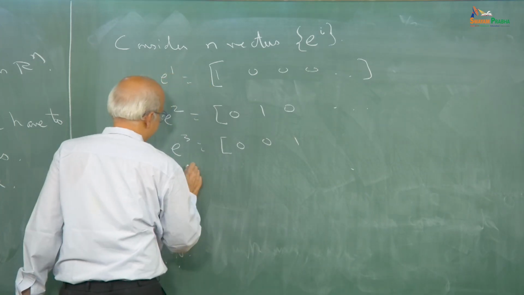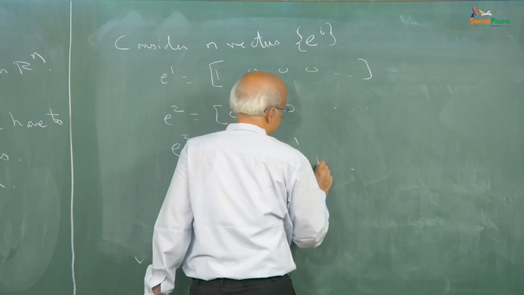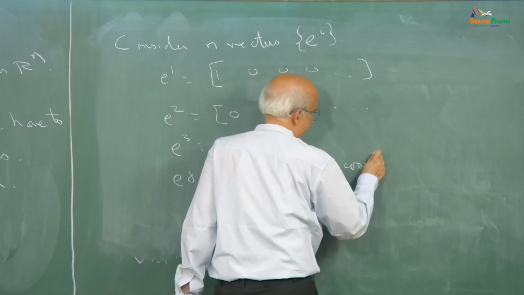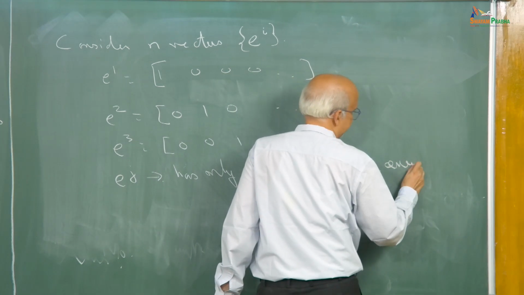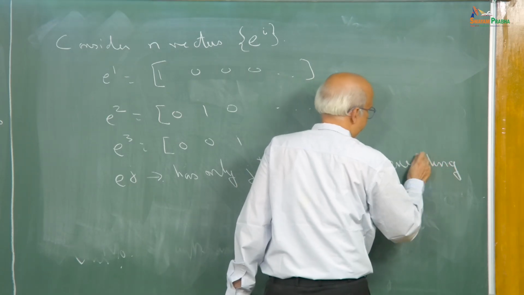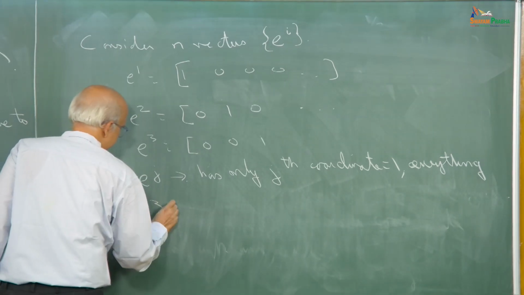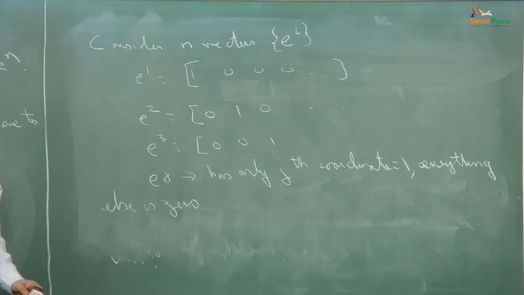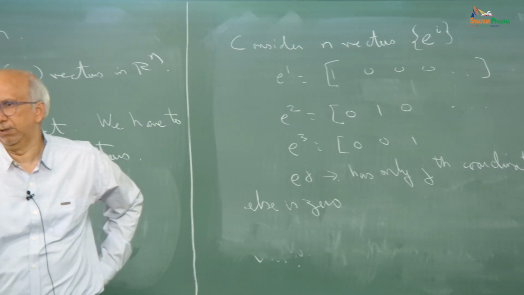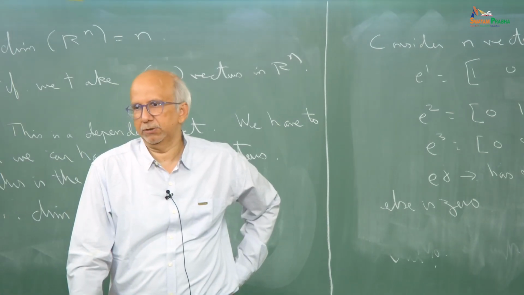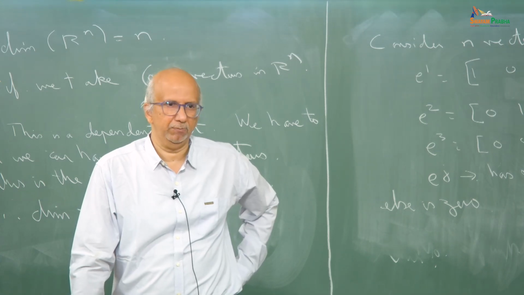Basically I am saying Ej has only the jth coordinate equal to 1, everything else is 0. That is how I am defining my E1, E2, E3. So, E1 has only the first coordinate as 1, E2 has only the second coordinate as 1, everything else is 0. So, I have a bunch of n vectors now,